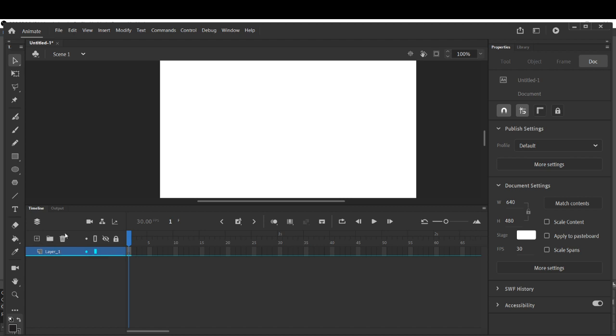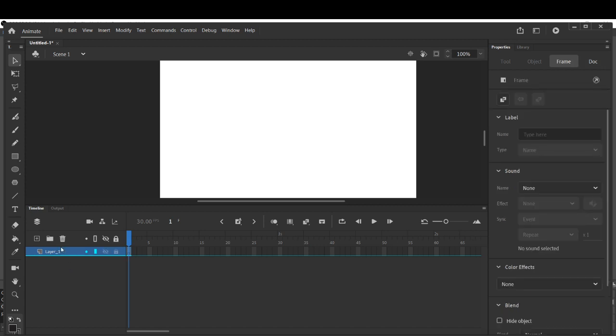So now for that we will go to the timeline. As you can see, this is our timeline, and by default layer 1 is active and its name is Layer 1. Now to select any layer we have to click on that layer. The first point is renaming a layer. So how will you rename it, children?